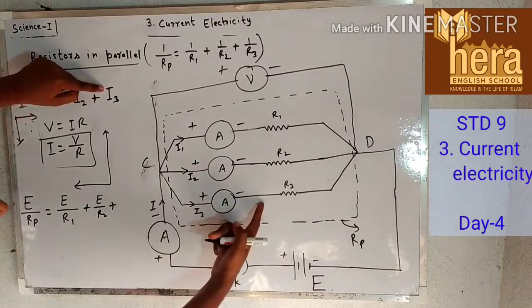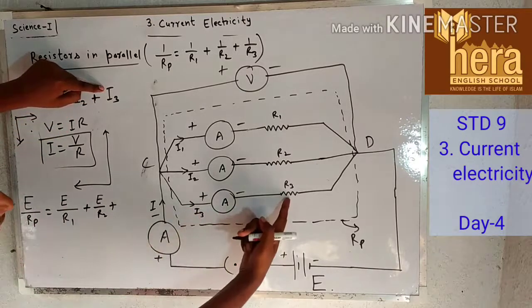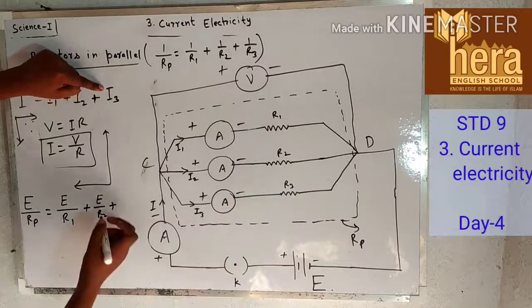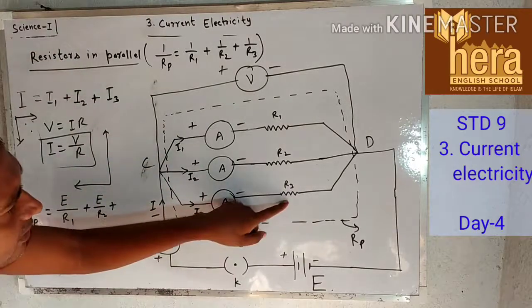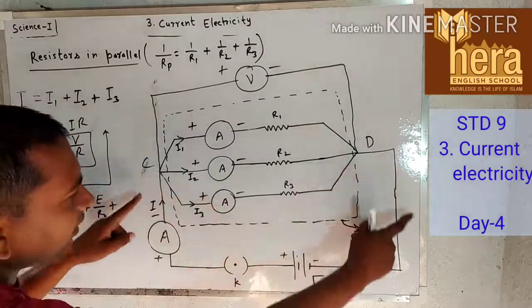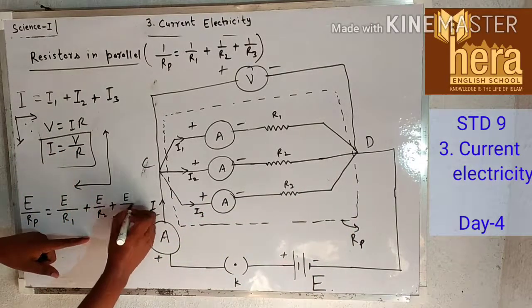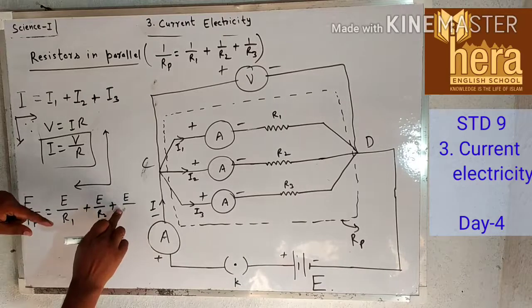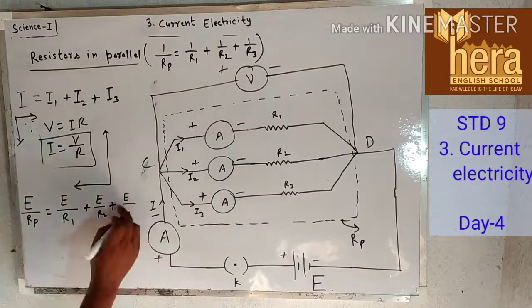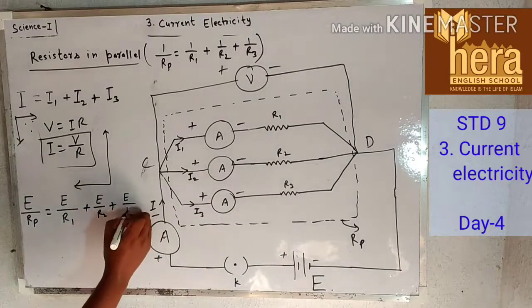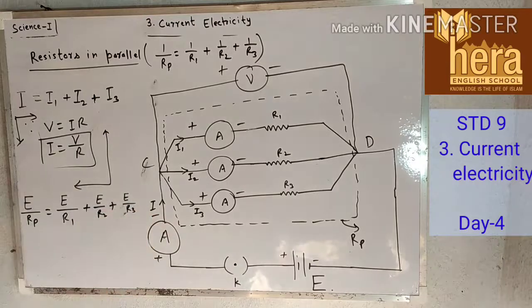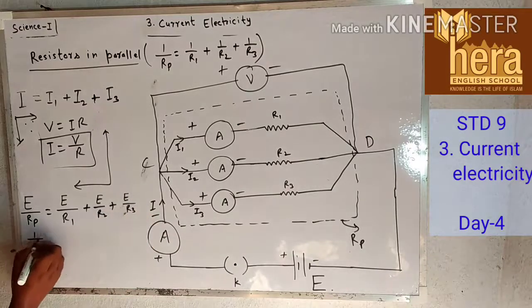I3. This is I3. For I3 there is R3. Across this the potential difference is again E. So E upon R3. Okay. So 1 upon Rp is equal to,